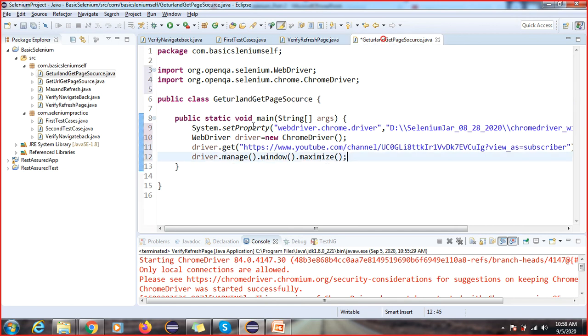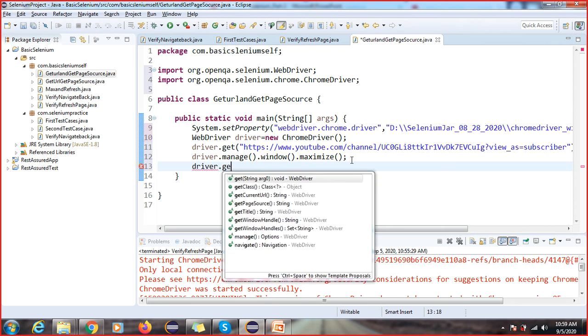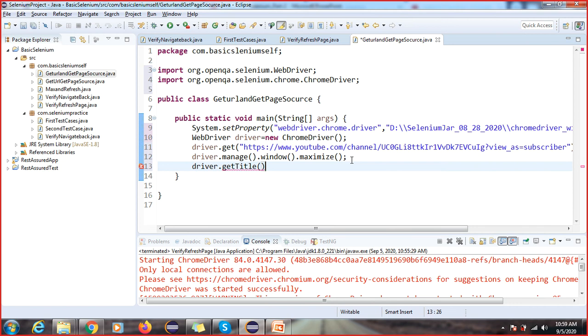Okay, so now I am going to take the same URL. You can take another URL also, no problem at all. Any website you can do. So now we know this, you have to display the title of the page. We have already used this title of the page, so again I'm going to use this. Here I'm not doing any validation, I'm only going to print. Validation is a different thing. I'm only going to print get title. What is the title of this page?